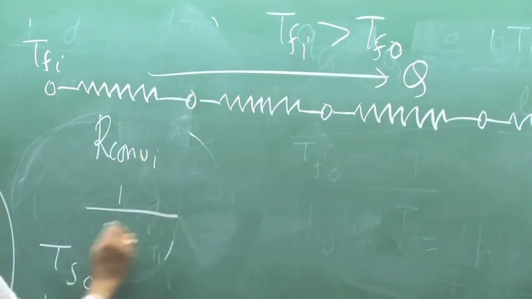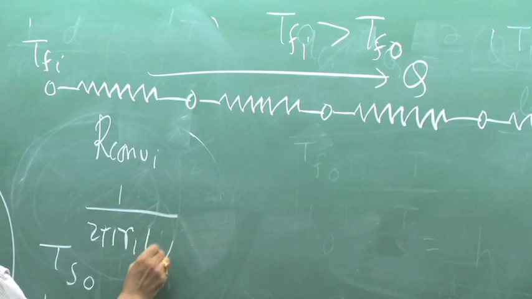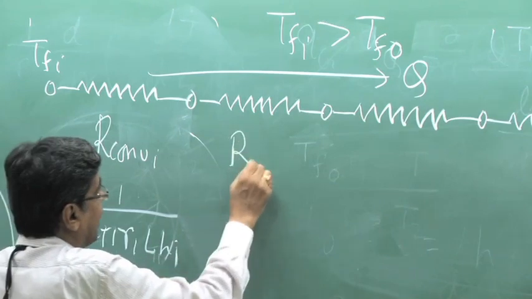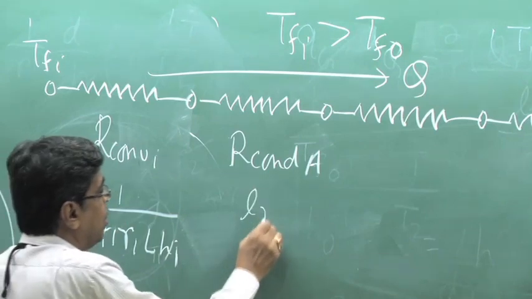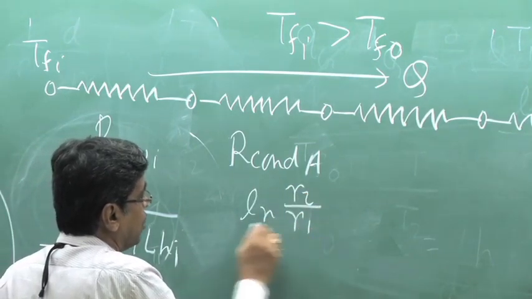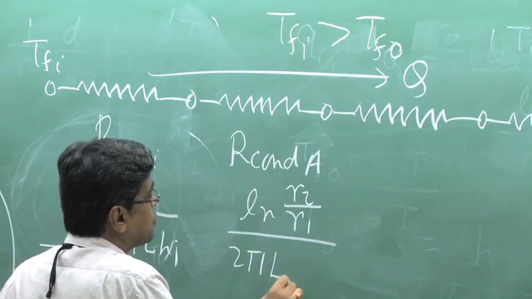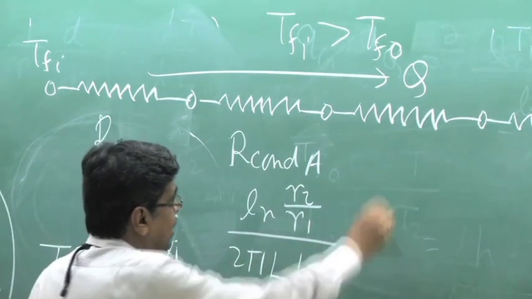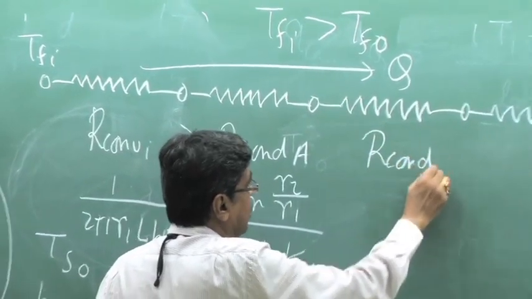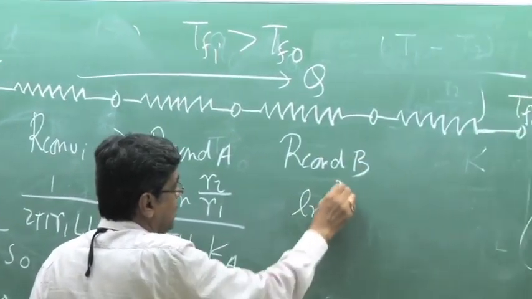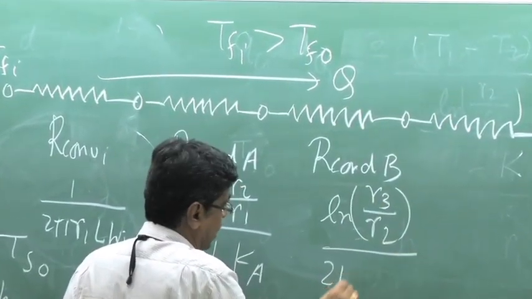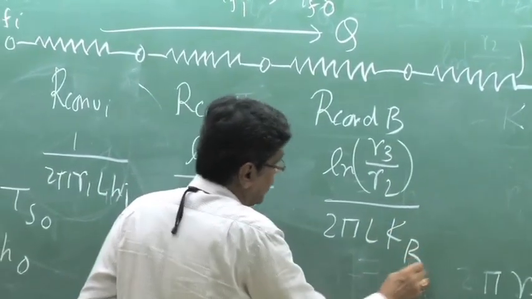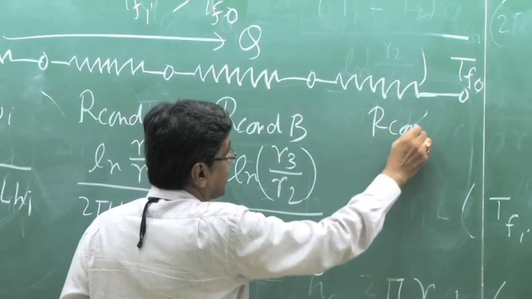What is that? 1 by twice pi R1 L H_i. Then this is R conduction for material A, that is ln R2 by R1, outer to inner radius, divided by twice pi L Ka. Similarly, this is R conduction B, which is ln R3 by R2, outer to inner radius of this cylindrical wall, divided by twice pi L Kb, and this is finally R convection